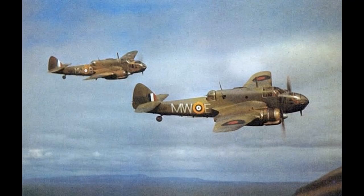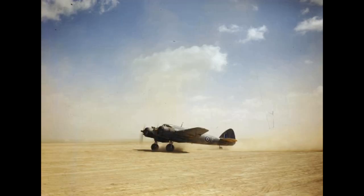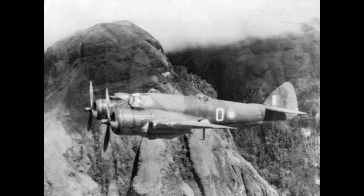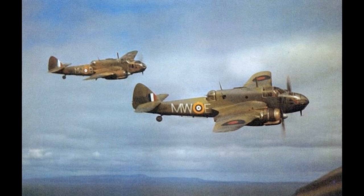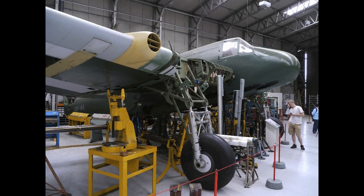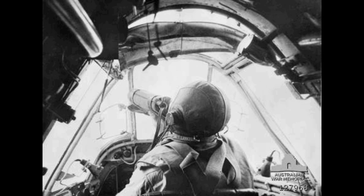The Japanese ships were left exposed to mast-height bombing and skip bombing attacks by the U.S. medium bombers. 8 transports and 4 destroyers were sunk for the loss of 5 aircraft including 1 Beaufighter. The role of the Beaufighters during the Battle of the Bismarck Sea was recorded by war correspondent and filmmaker Damien Parer, who had flown during the engagement standing behind the pilot of one of the No. 30 Squadron aircraft. The engagement led to the Beaufighter becoming one of the more well-known aircraft in Australian service during